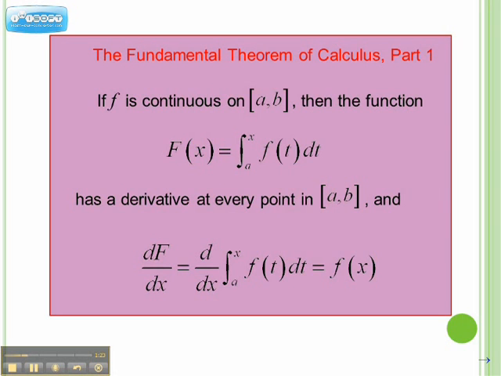Okay, part 1. A lot of textbooks differ between what is actually part 1 and what is not. It doesn't really matter. We just need to know that there are 2 parts. And this, in our book, is part 1. It says, if the function f is continuous on a to b, then the function big F equals the integral from a to x of f of t dt. Big F has a derivative at every point on a to b, and the derivative of big F